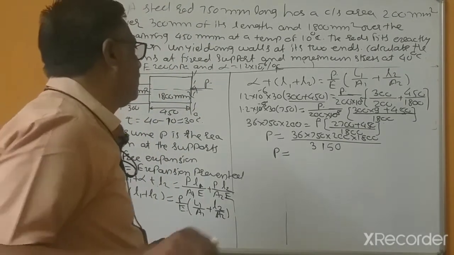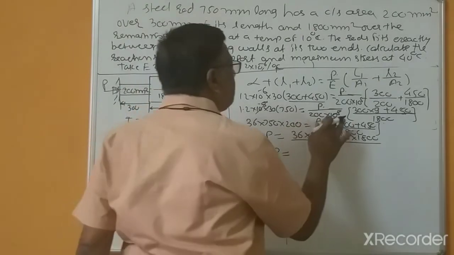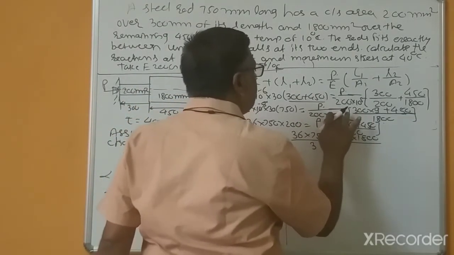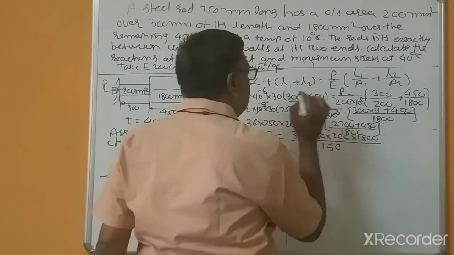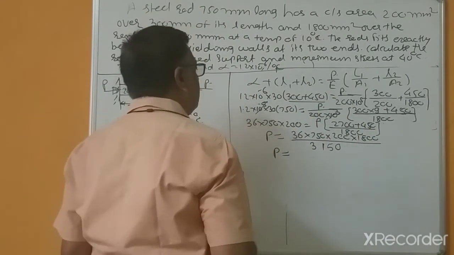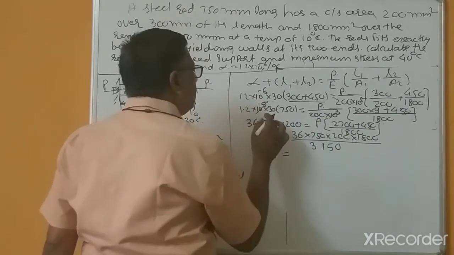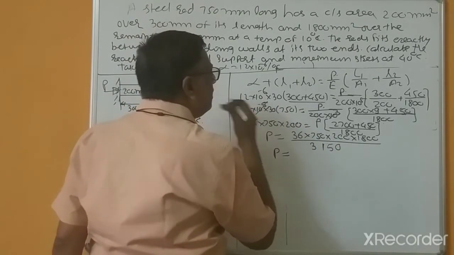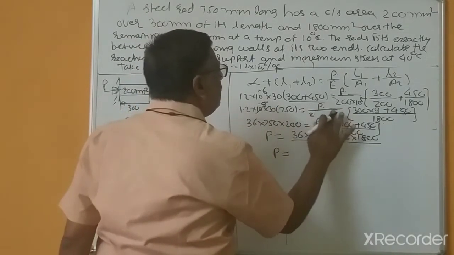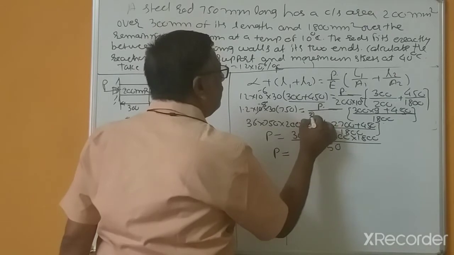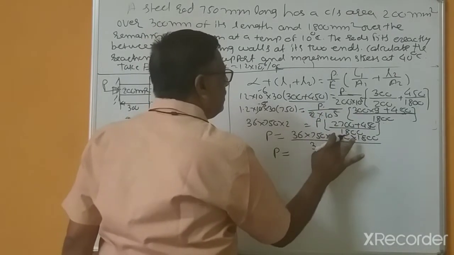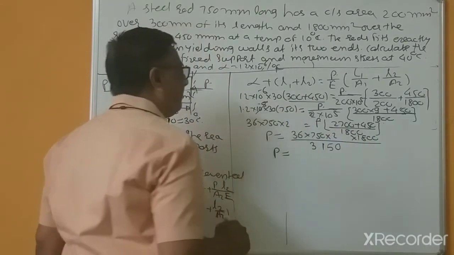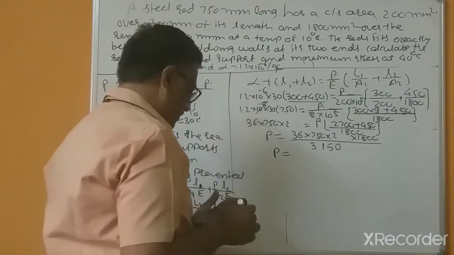Oh no. So here I considered this as 10 to the power 5, so that's why I am getting the wrong answer. This is 10 to the power 3. 10 to the power 3 means we can write 2 into 10 to the power 5. So this is 20, right? So this is equal to